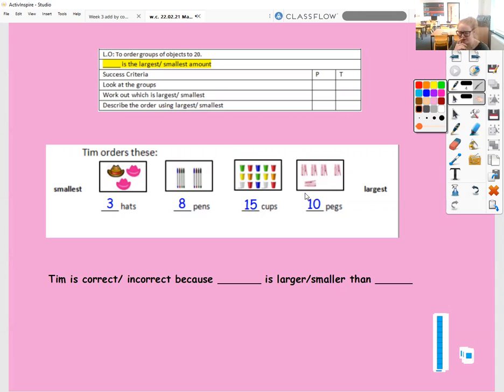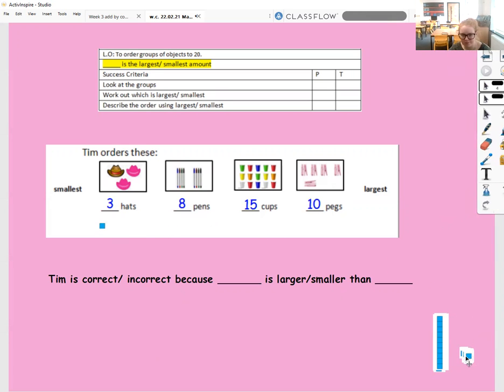So how can I solve this? Let me have a little think. I think I can use my Dienes to represent each of these numbers. So if I use my Dienes to represent each of these numbers, I've got 1, 2, 3 hats, because 3 has 3 ones and 0 tens. Fantastic. So 8, how many tens are there in 8? Have a little think. There are 0 tens in 8. So how many ones are there in 8? There are 8 ones. So 1, 2,